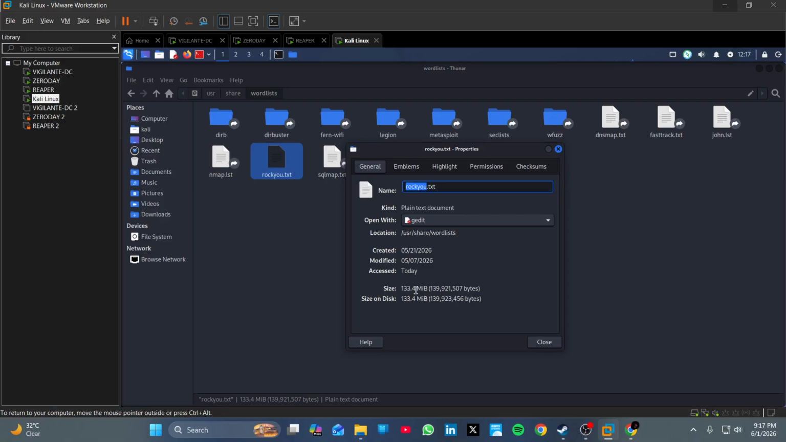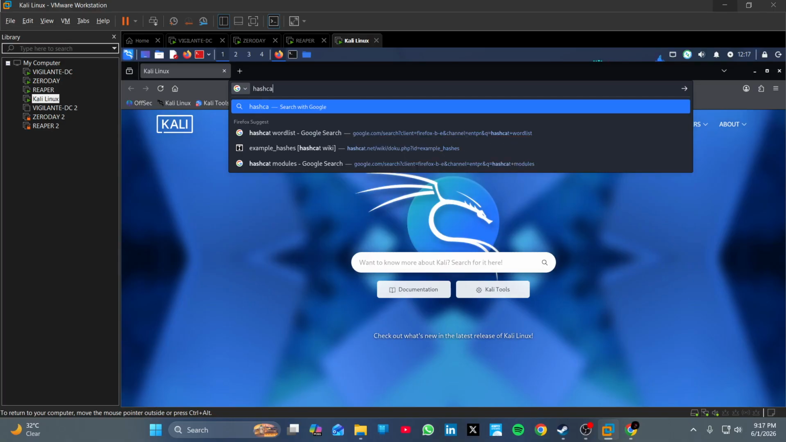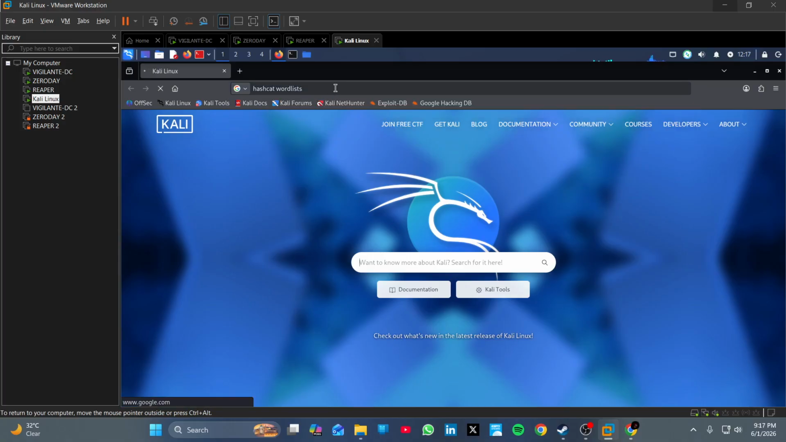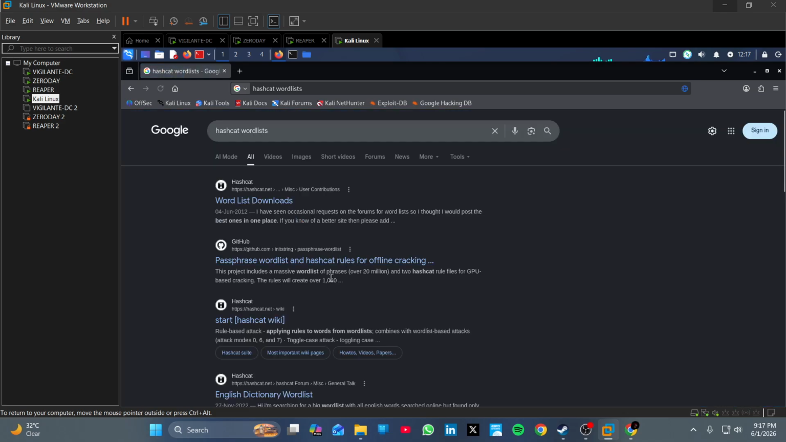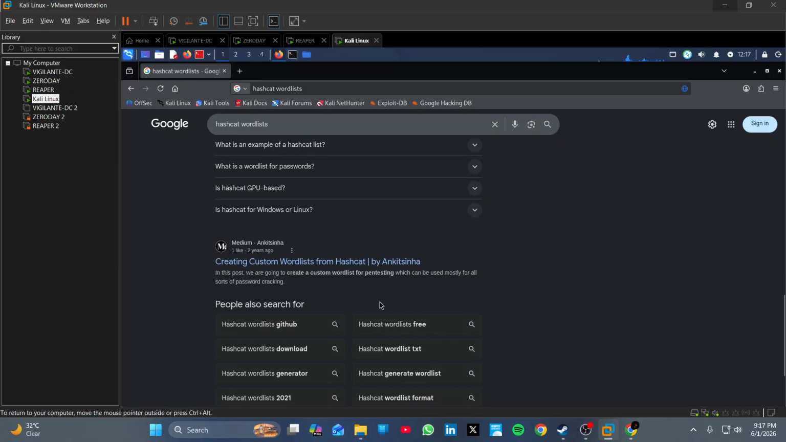For example, we could go out to Firefox or Google, and there are several different sites. Okay, and we can say, just go to Firefox and say Hashcat word lists, and here you see different types of word list. The passphrase is also very popular, and then there's a